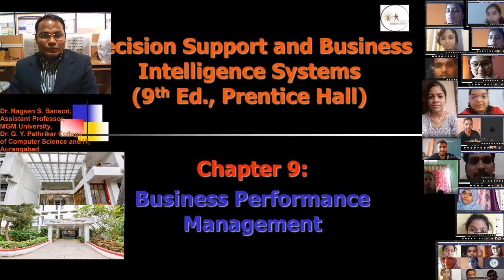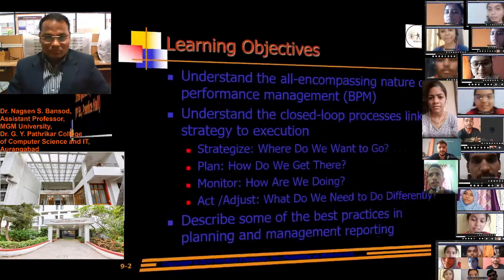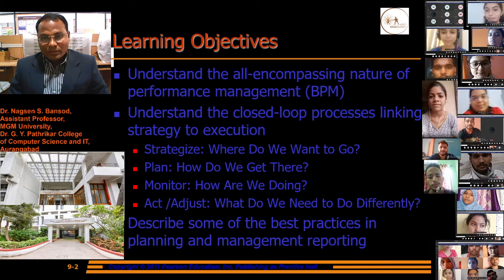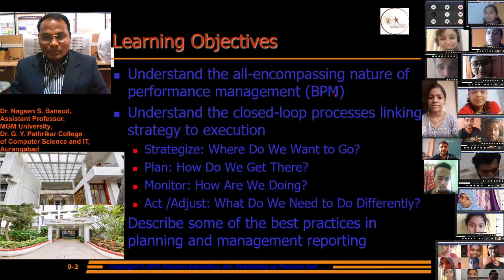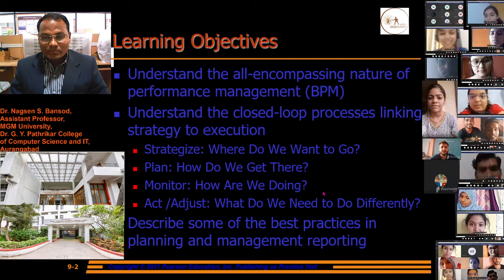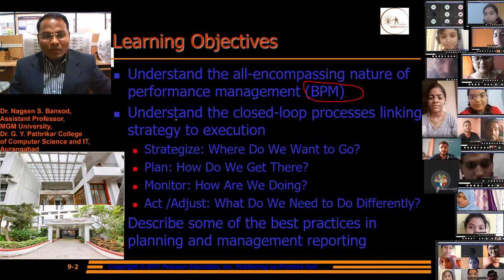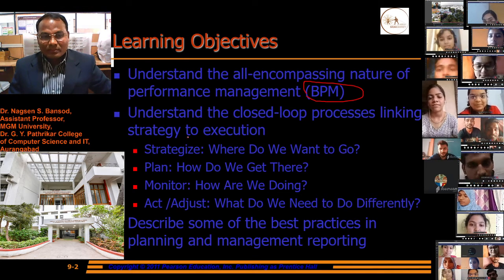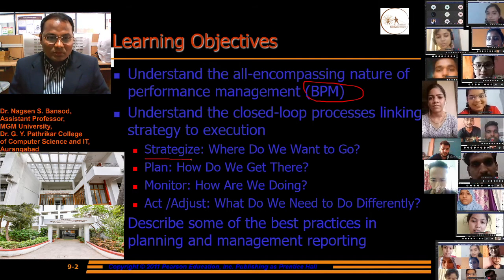Learning objectives of business performance management. Understand the all-encompassing nature of performance management, meaning business performance management. Understand the closed loop processing linking strategy to execution, like strategies